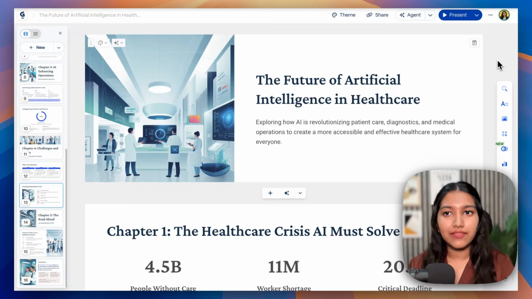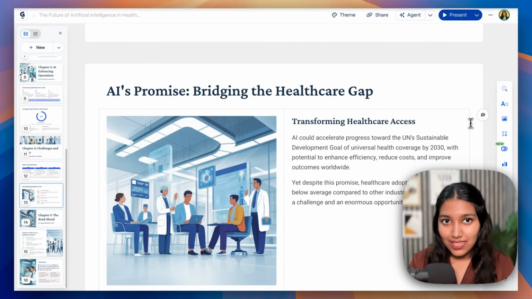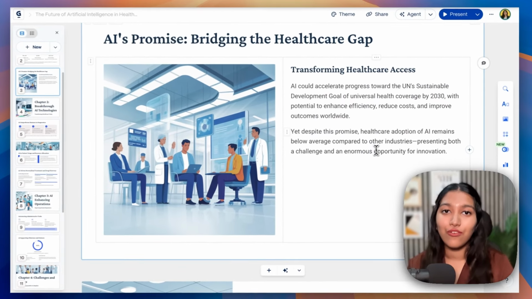So I personally believe that the magic happens when AI does the job and humans refine it further. I mean, yes, the AI has generated a great presentation, 8.5 out of 10, but to make it a 10 on 10, I'll make a few changes to it and then we should be good to go. And well, the good thing is that I don't have to personally make the change. I don't have to sit and change this. It's the Gamma agent that is going to make the changes for us.